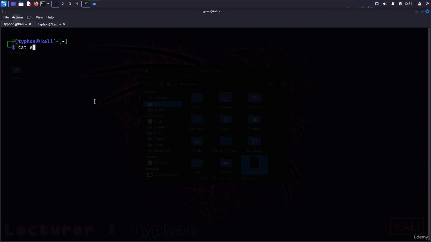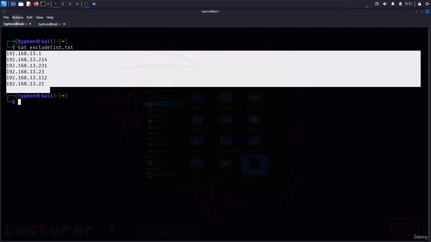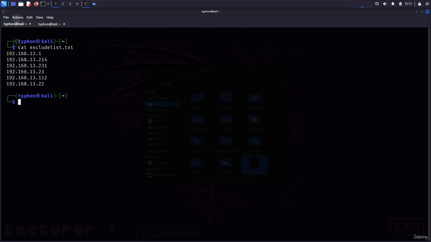Cat exclude list.txt, and here this is our excluded, this is the IP address that we want to exclude from our scan, and we will be using the grep command to exclude the IP addresses or hosts from the list you want to scan. So you can use the -v option here. Let me actually do it again. grep -v option to invert the match and select non-matching lines. So here grep -f here, and here we will exclude list.txt, and here we have all